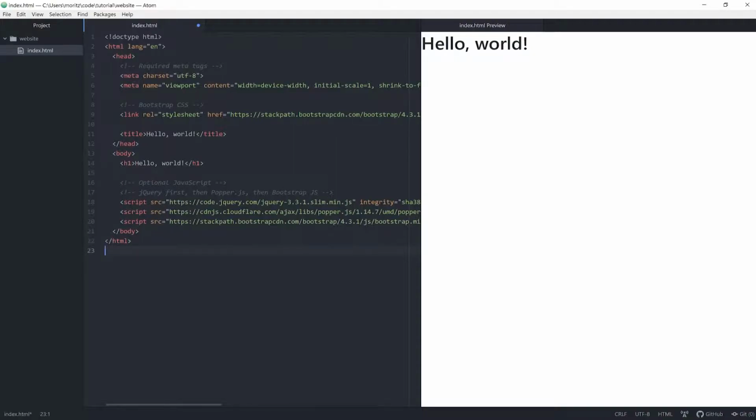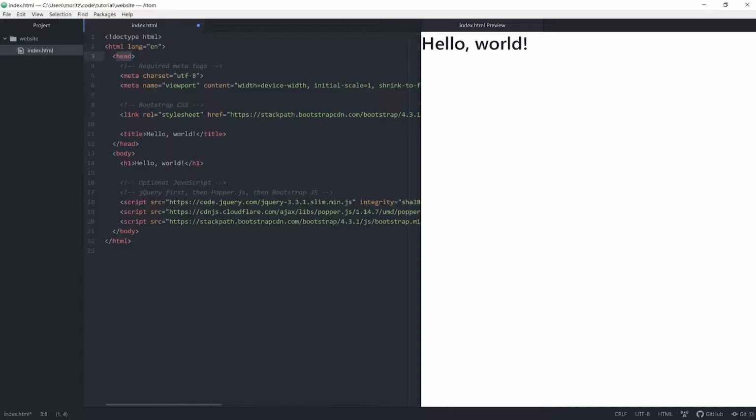And let's see what we are having here. In the first line we tell the browser what type of document he's going to get. In our case it's an HTML document. In the next line we are defining an HTML element with the HTML tag. They are always inside the smaller and bigger signs. And now we are using an attribute, in our case lang for language, and assign it the value en for English. This tells the browser and search engines the language of the document.